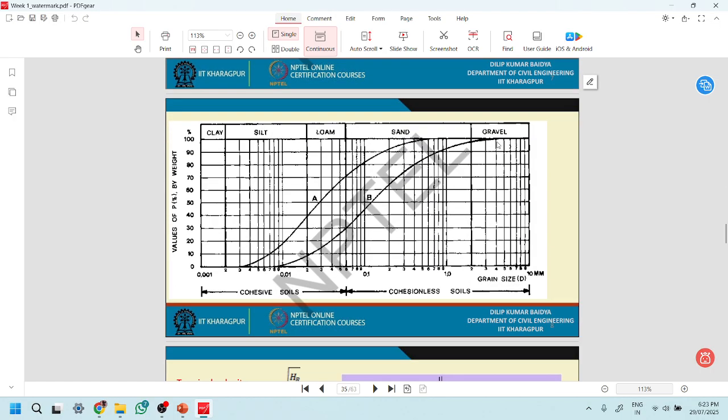This is the particle size distribution curve that I was talking about. We have gravel here, we have sand here, we have silt here, and we have clay here. So this is a well graded soil which has almost a long range of